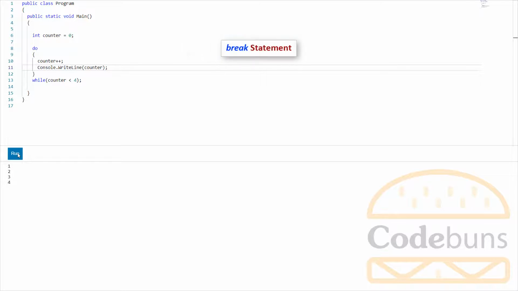What if I want to exit the loop when a certain condition meets? For that, you need a break statement, which is also called jump statement. Break keyword causes the loop to exit before it has completed the execution. The code in the loop's body is skipped, and the control is passed to the first statement immediately after the loop. Let me make the changes and then I explain it to you.